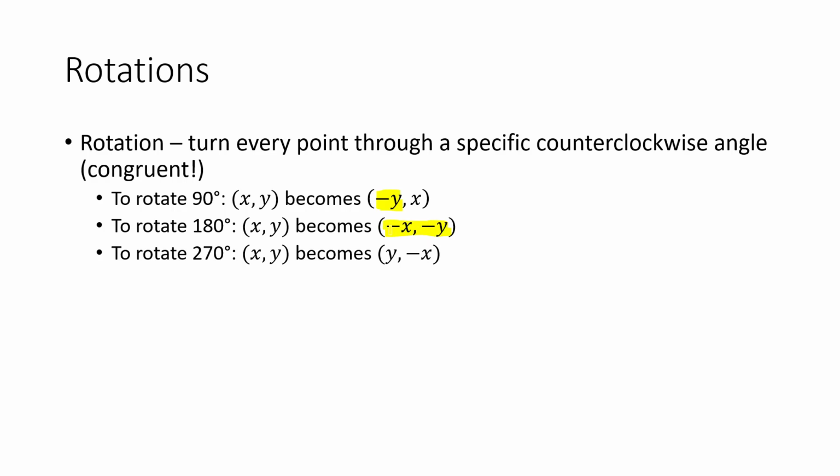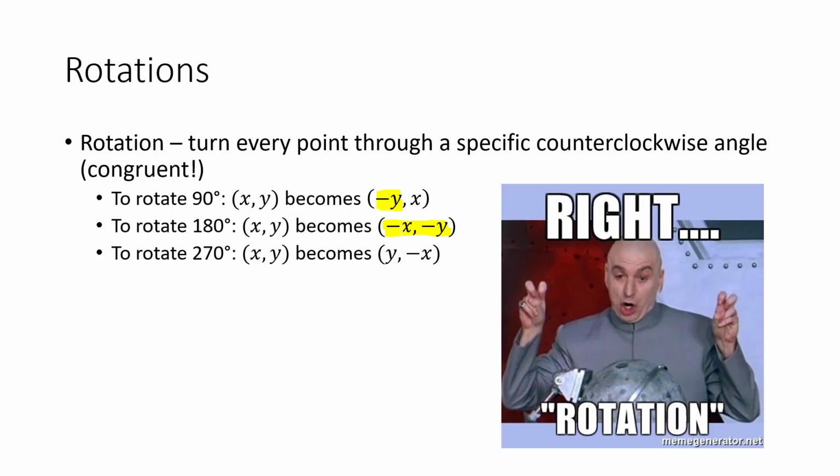You'll notice that's exactly the same as a reflection over both the x and y axis. So you might say that is a rotation in quotes. A rotation of 180 degrees is exactly the same as a reflection over both the x and y axes. To rotate 270 degrees, the coordinates switch places again, but with 270, the x-coordinate becomes the negative one. So we're going to take a look at an example and see if we can do a rotation using these